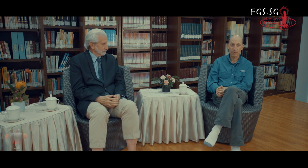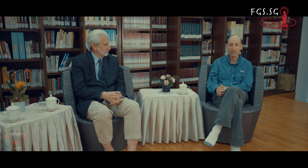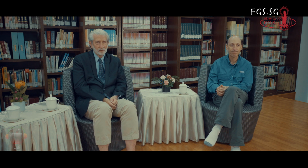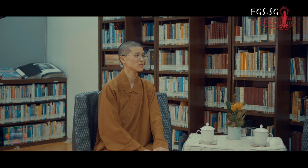I think that creating the original dictionary is probably the harder job of the two, because it's so hard to define words. When you write a Chinese dictionary in Chinese, you're making the definitions. That's very difficult. You've got to avoid all kinds of problems there, circular definitions and so on, and describe things in an understandable way. Translating is quite a big challenge, and we have a lot of work to do, it's a massive project, and it's definitely very difficult. But I think the monumental work of creating this dictionary in the first place was the major milestone. Yeah, I agree with what Alex mentioned, because in the Chinese, when you're doing the compilation, you can